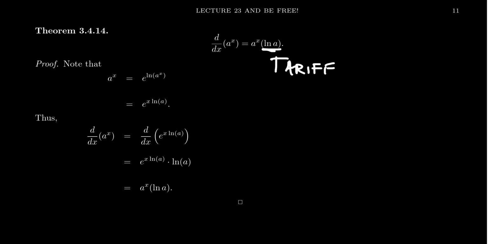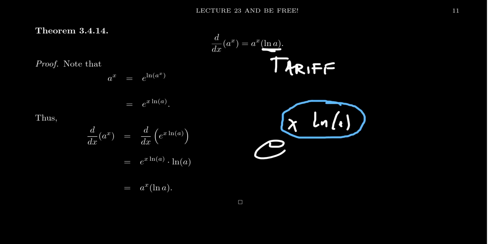Now, I want you to focus on that exponent for a moment. Look at that x times the natural log of a. Writing this in slightly larger font on the screen right here, we have composition of functions now. The exponent of the exponential is this inner function, x times the natural log of a. And then the outer function is going to be this exponential function, for which, by the chain rule, we're going